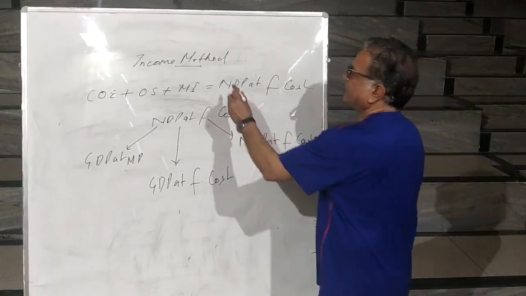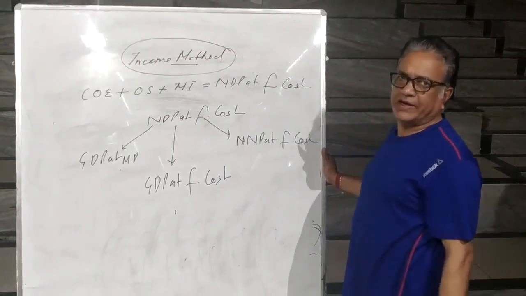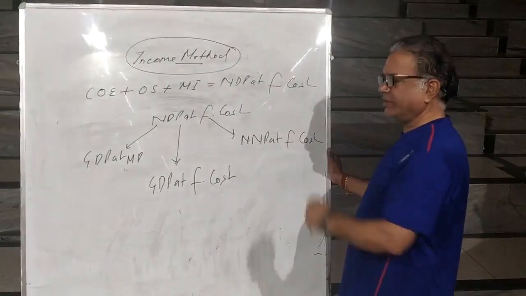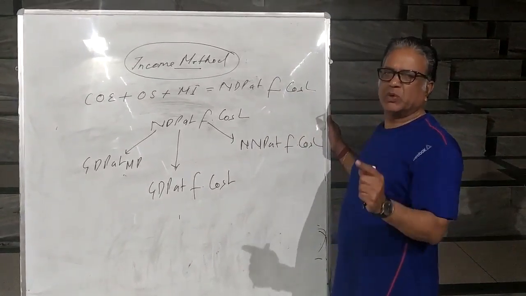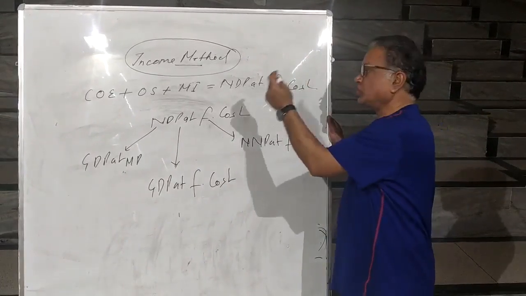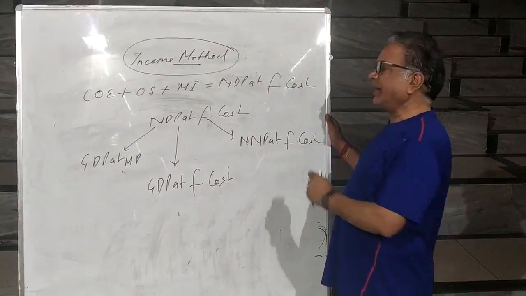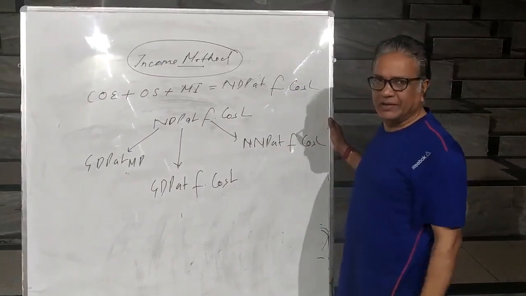Here I am taking the first method through which we'll learn how to calculate the different aggregates of domestic product and national product. It is a very simple method. What are the possible questions from this method? The first possible question, he may ask you the steps of the method. Second, the precautions in the method. And third, you may get a numerical where he may ask you to calculate any of the aggregates. So first we are going to practice the numerical.